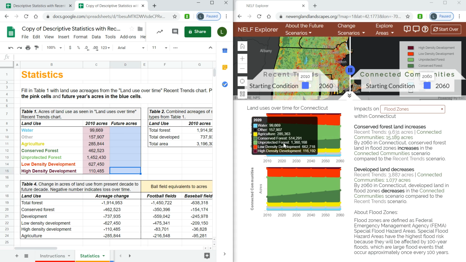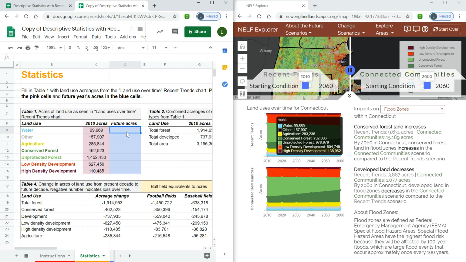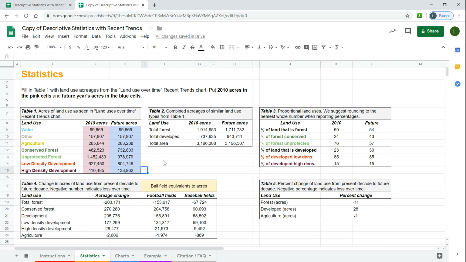Now I'm just going to repeat that process with a future year's acres. I'm going to choose 2060, but you could choose any decade that you want. And then I will repeat that same process of adding all the acres to the table. All right. And with that, we have all of the data we need,